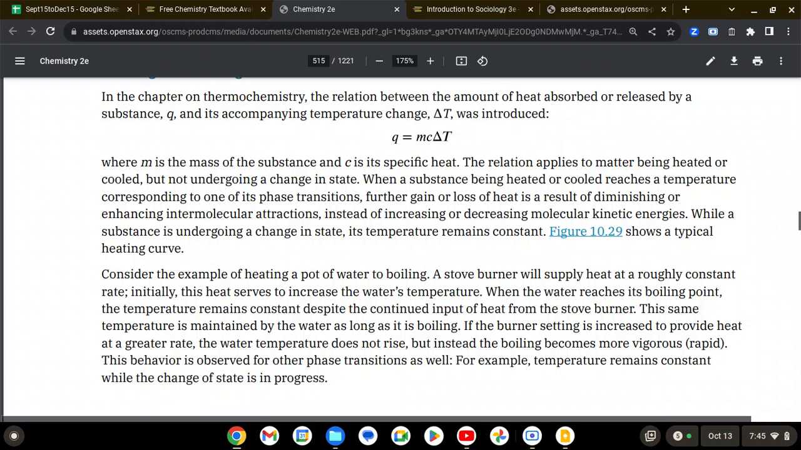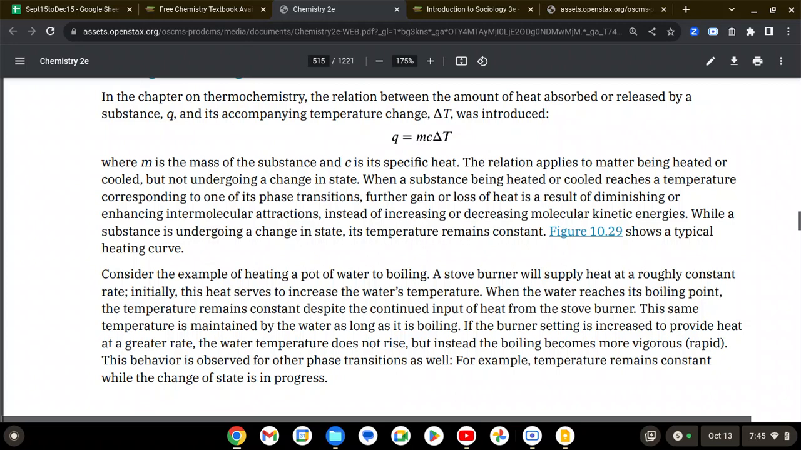When a substance being heated or cooled reaches a temperature corresponding to one of its phase transitions, further gain or loss of heat is a result of diminishing or enhancing intermolecular attractions, instead of increasing or decreasing molecular kinetic energies. While a substance is undergoing a change in state, its temperature remains constant. Figure 10.29 shows